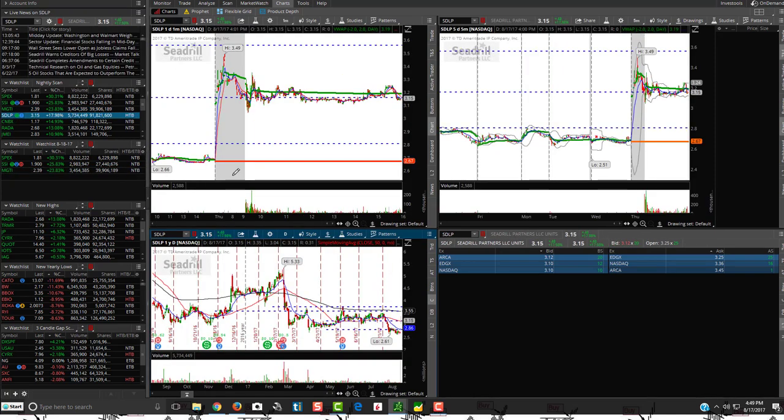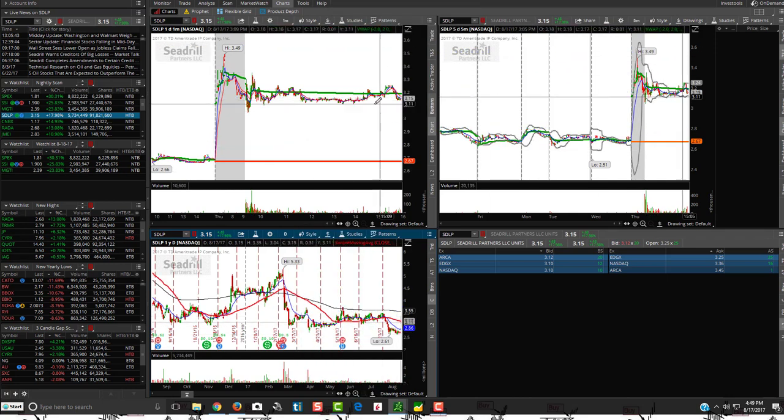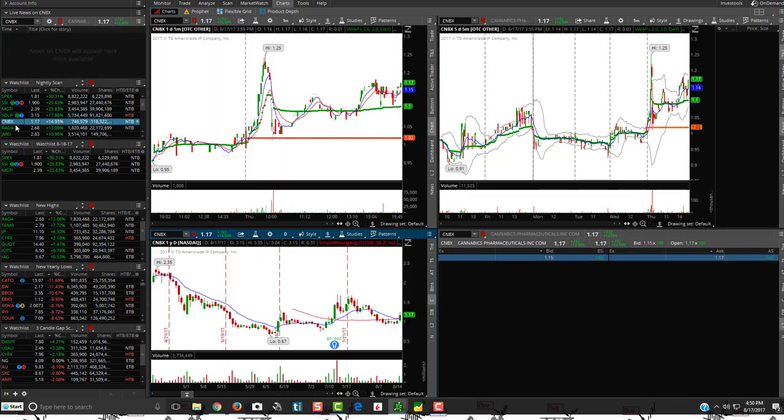SDLP. Let's remove the drawings. Kind of just traded sideways here today. Look at that doji candle right on the 50 SMA. So now you want to see, you know, that 3.50 marker seems to be a pretty big resistance point, and obviously it's right at pretty much this 200 SMA. So you want to see if it can get over the 200 simple moving average of 3.55. It did doji, it did go sideways. Not going to put it on the watch list, but keep an eye on it.